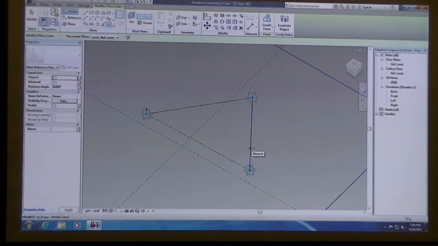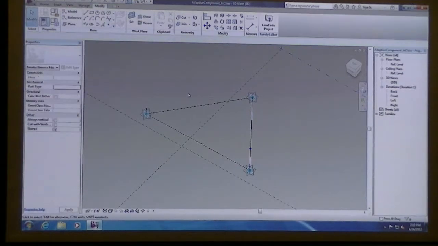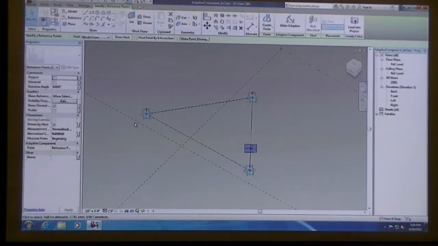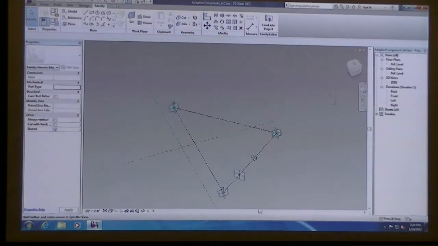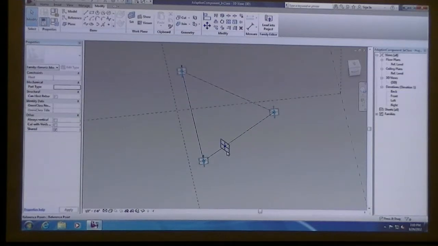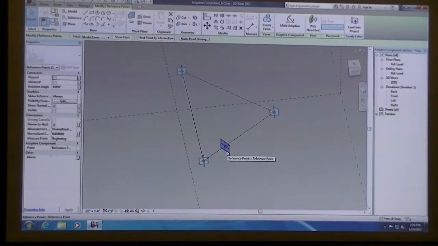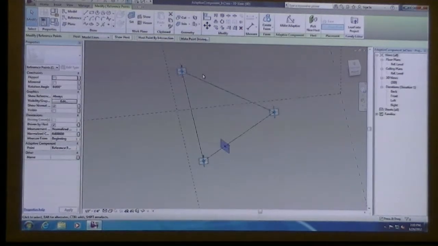It doesn't matter which one. And the reason I'm doing that is when you click on this point that we just placed and say show reference plane, I get my plane that's perpendicular to that line. Notice these other points aren't perpendicular. They don't show a perpendicular to the surface normal of that line.